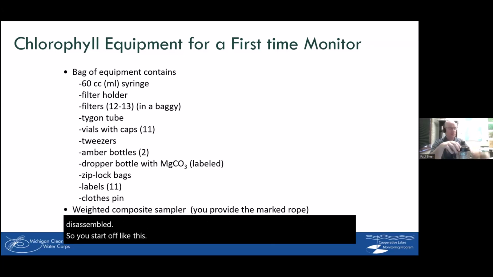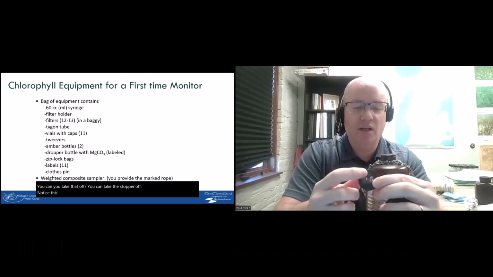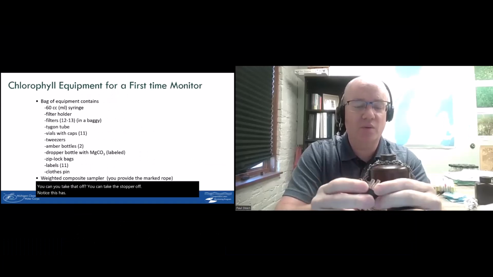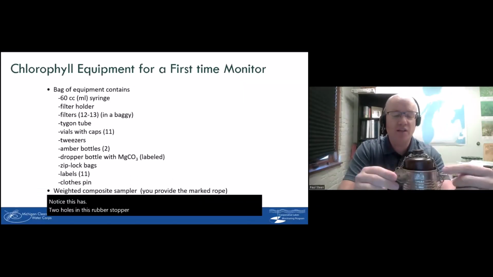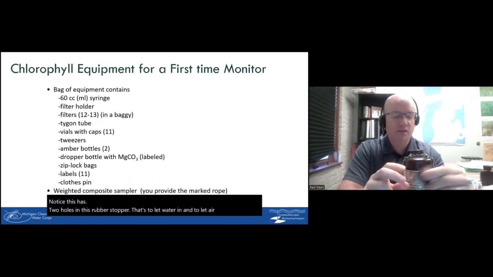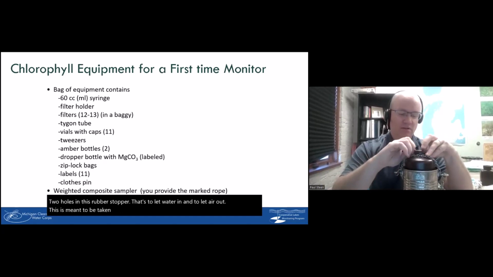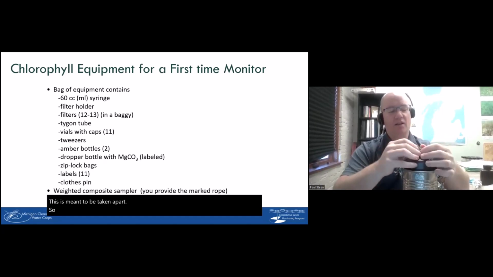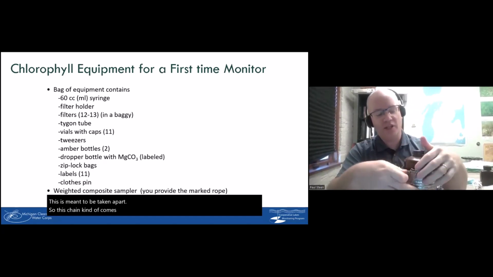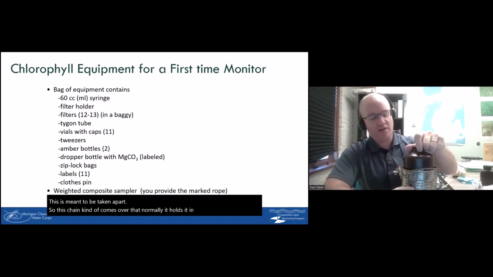You take that off. You can take the stopper off. Notice this has 2 holes in this rubber stopper. That's to let water in and to let air out. This is meant to be taken apart. So this chain kind of comes over that. Normally it holds it in, but you just take that right out, and then you can